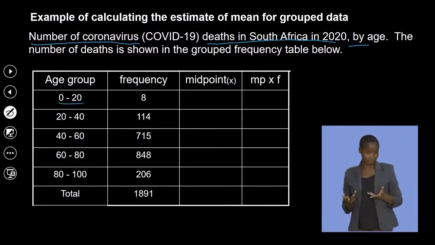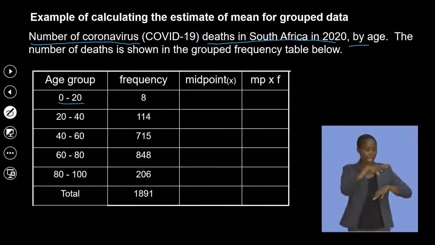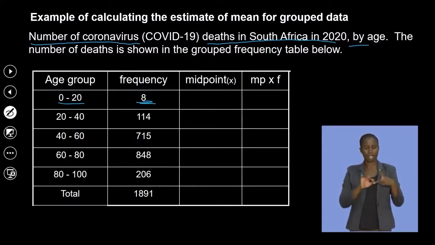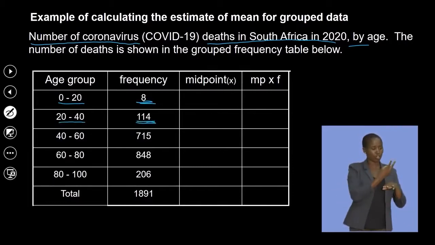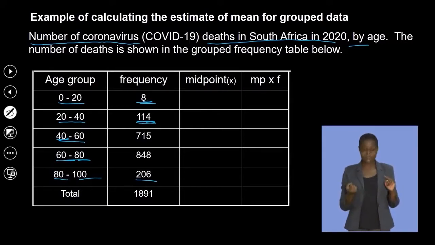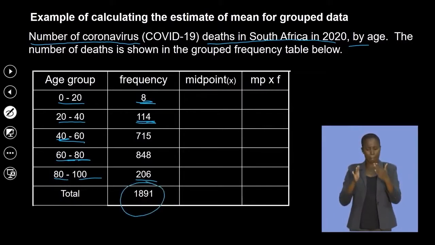This is the age, and how many people actually died from COVID-19? For ages 20 to 40, 8 people died. 40 to 60, 715 died. 60 to 80, and 80 to 100, that's the size. And the total number of people who died from COVID-19 is